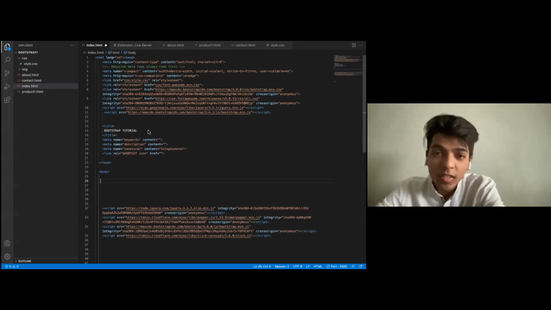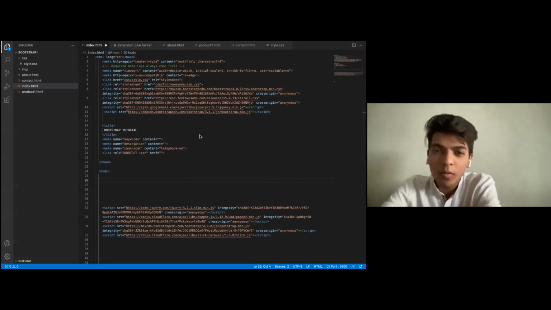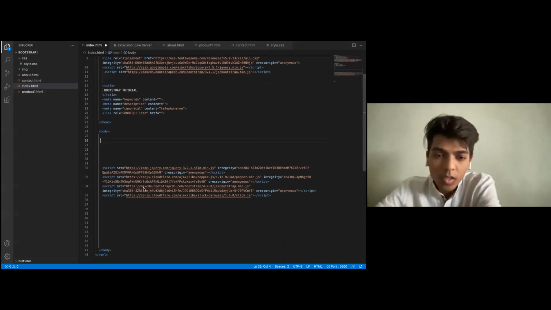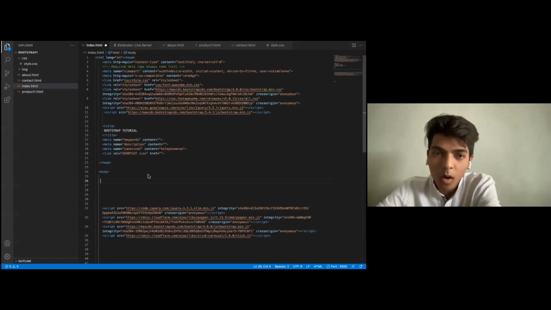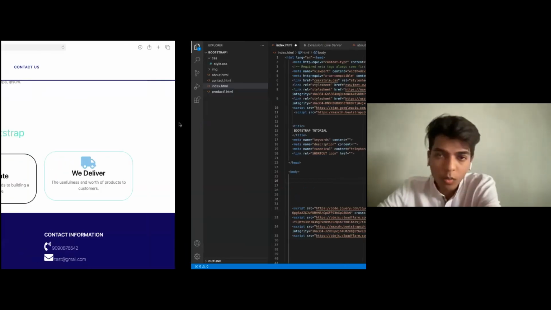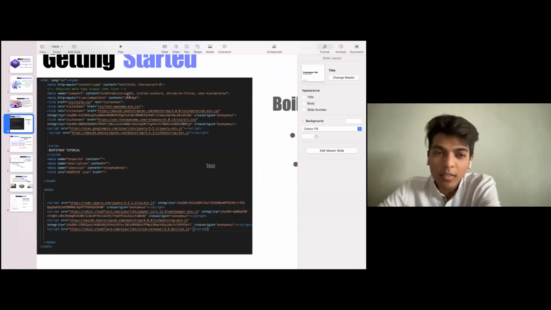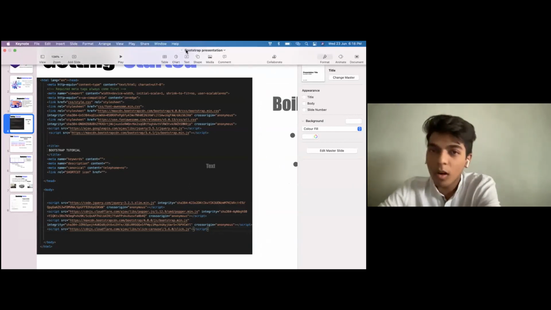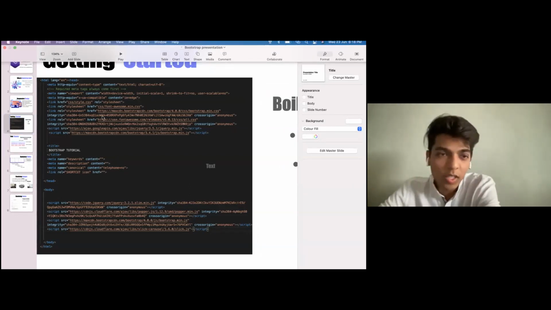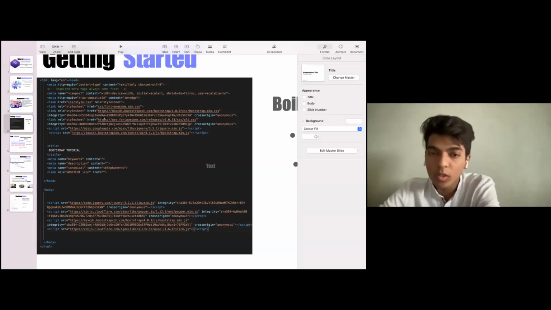Yeah, so this is something that I guess everybody would be familiar with. This is the script that is required to integrate this link. So let's not waste more time on this. I guess everybody has a pretty basic idea about what a boilerplate is by now.